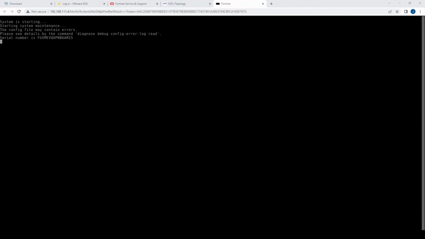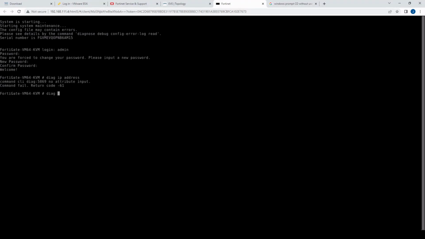And then if we double click it, we can actually access essentially the virtual console access to the unit so that we have CLI access. All right, so for initial access, admin, no password. Let's change the password. And now we're in. So at this point, I suppose if you just had some basic CLI stuff that you wanted to do, you could just start running with this CLI access. But the thing is that this unit doesn't actually